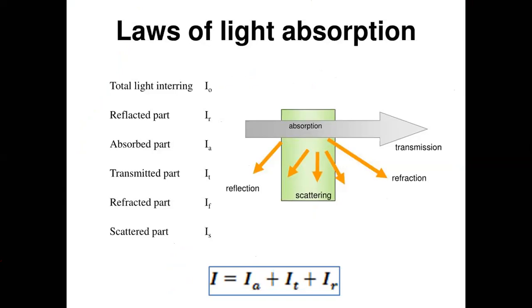Firstly, Bouguer, the name of the scientist is Bouguer. He proposed the article on light absorption, and he gave the law about the absorption of light by the solution